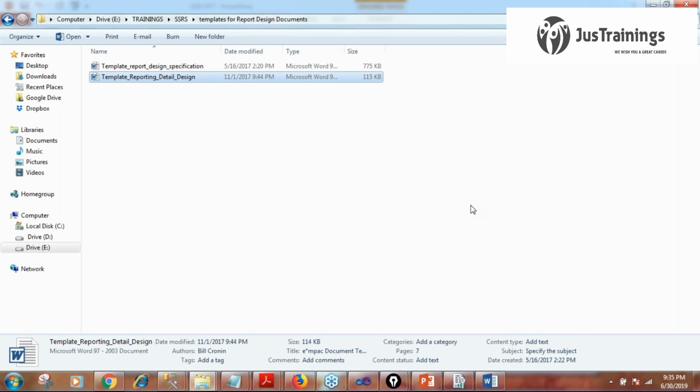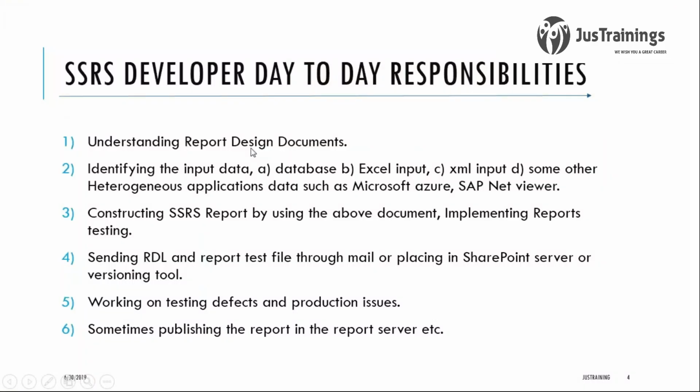Okay, so I have worked with some clients who have specifications about their reports. They will give some images, and you have to use their logos as the report background. So the design document should be available from the client. Once you have the report design document, the second step is to identify the input data, where we are getting the data from. That is basically identifying the sources. So the first is understanding the report design document, and the second is identifying the input data.